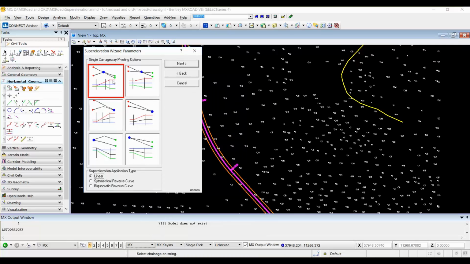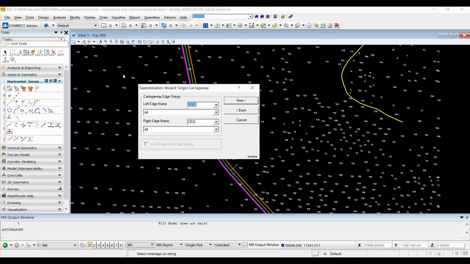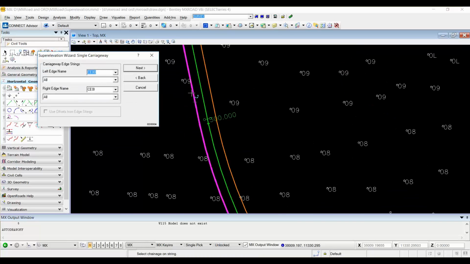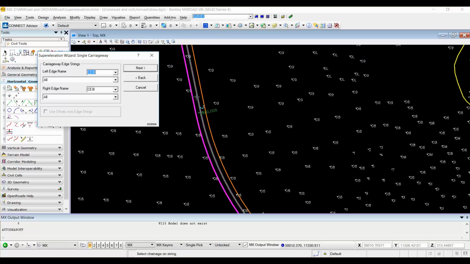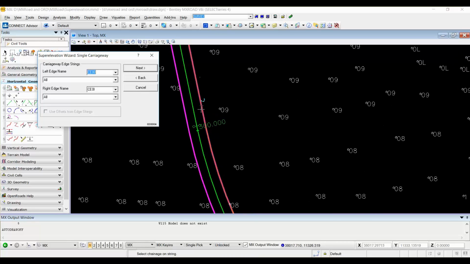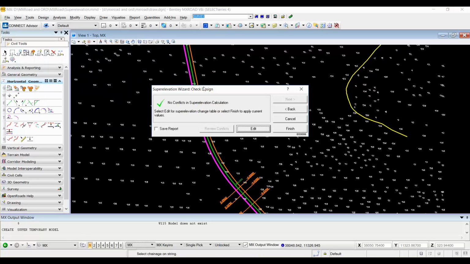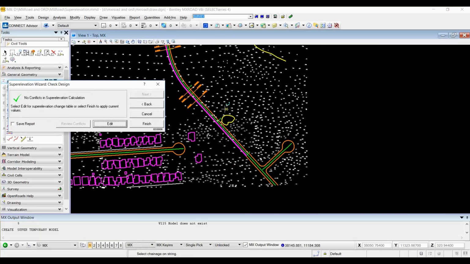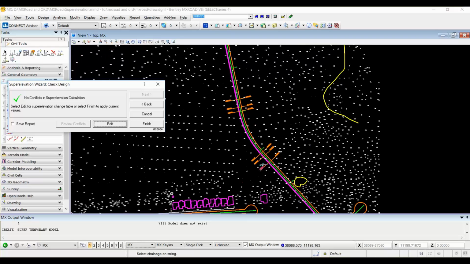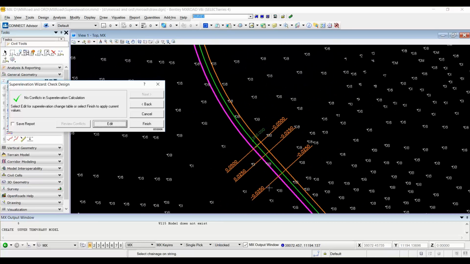I will select my pivoting option, the first one, single carriageway pivoting option, and then I will hit next. As you can see, CE00 is my left carriageway edge and CE0I is my right carriageway edge, and then I'm going to hit next. So you will see this super elevation is applied. If I hit the edit option,